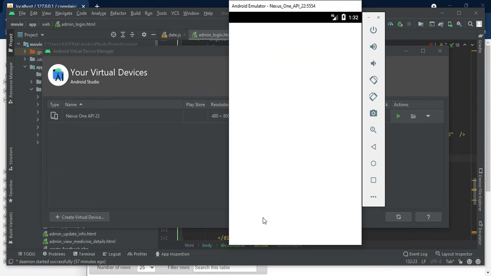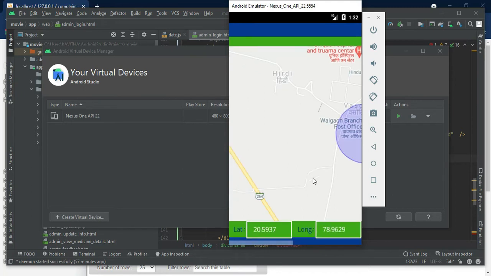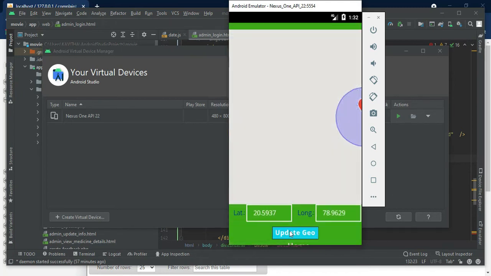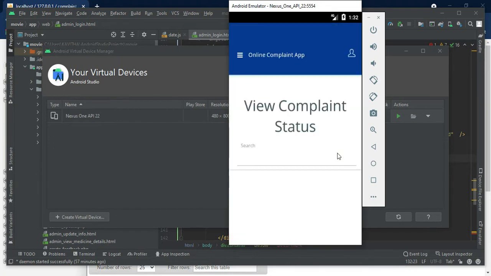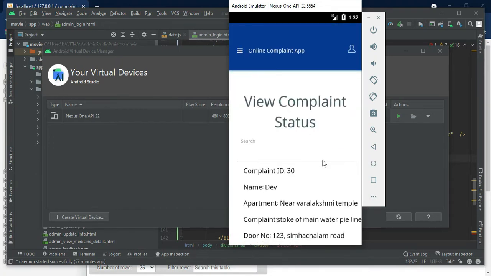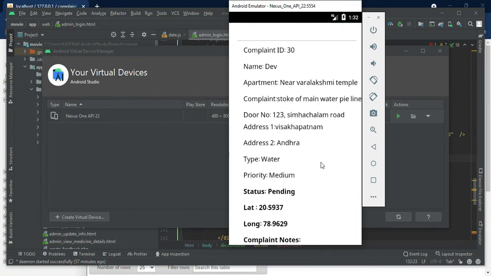If you want to add your address location in Google Map, you click on update map, and here you can drag and drop the red bubble and click on update geo, so that the Google Map will capture your latitude and longitude. It helps the officer to resolve your problem.